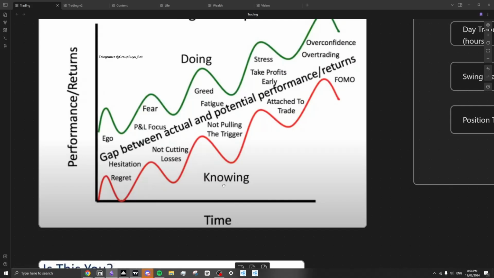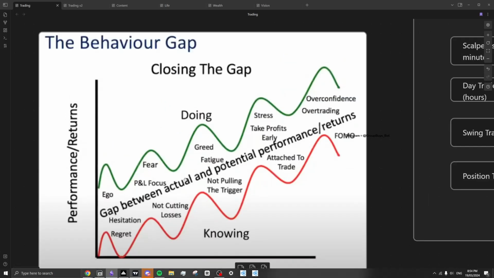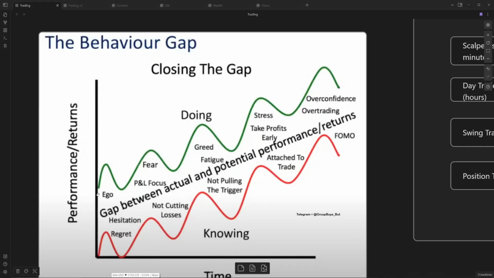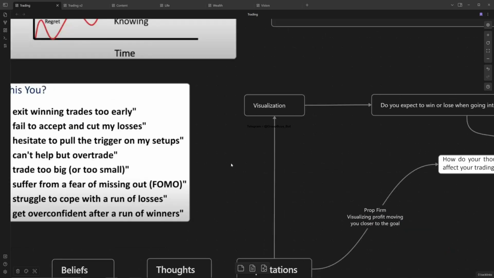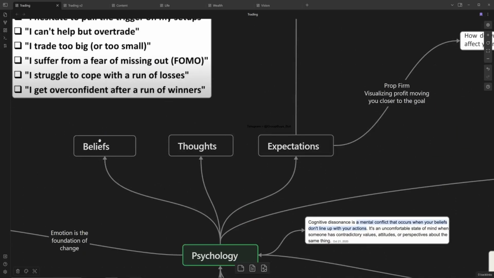Trading is uncertain. We're always working with limited information. We don't know what to do in certain scenarios. But when you're uncertain about your plan, you're doubling up that uncertainty. So you're making it double as hard. When you're certain about your plan, you know what you need to do. It's still going to be uncertain conditions, markets, uncertain information, but it's easier now to close that gap because you know what you need to do. Now it's just doing it and closing that gap. This is where psychology becomes more of an issue. And for psychology, it would be more working on our expectations, our beliefs, our thoughts.